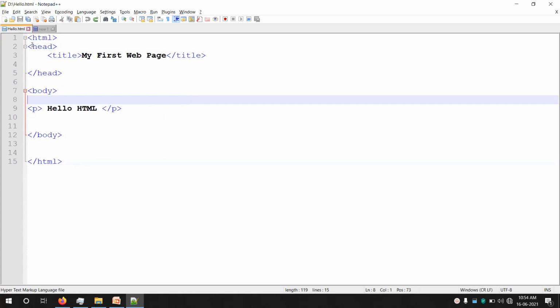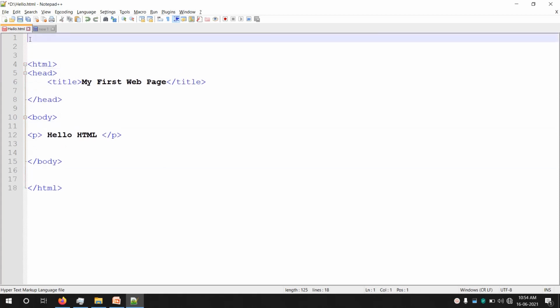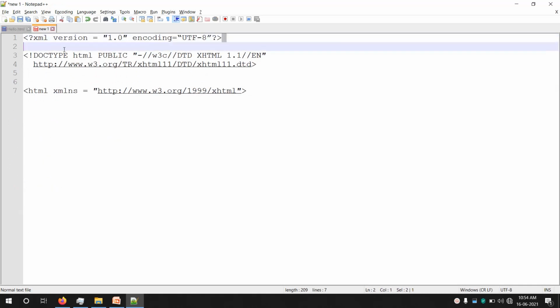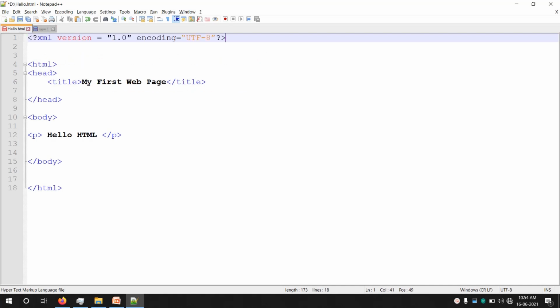We will just convert this into an XHTML document. As we know, XHTML should start with the XML declaration. I have the declaration, I'll just copy and paste. So the first line should be the XML declaration. Just add the double quotes again.